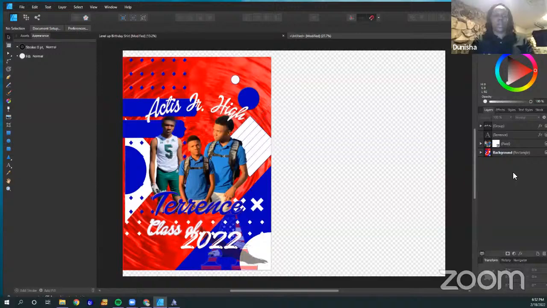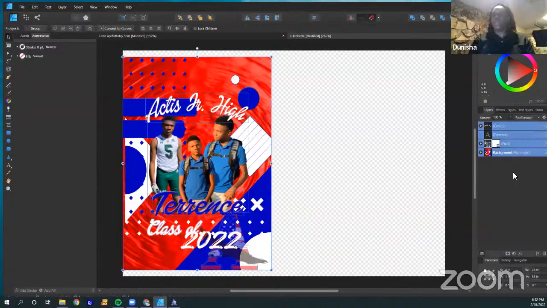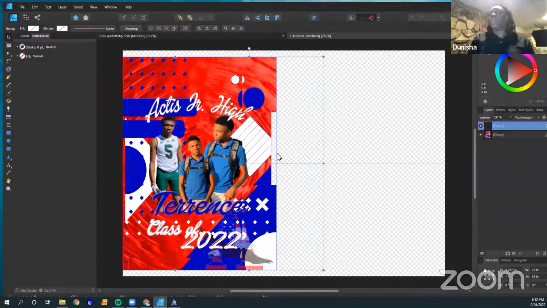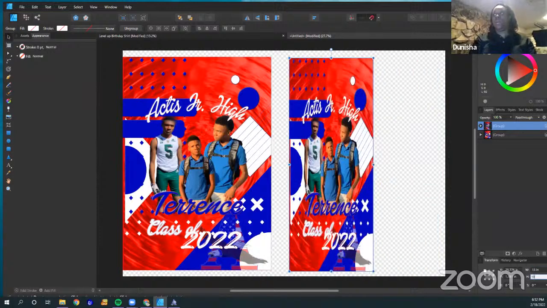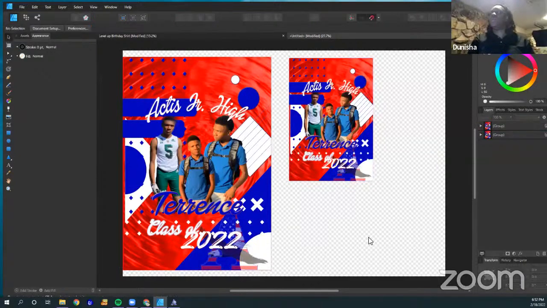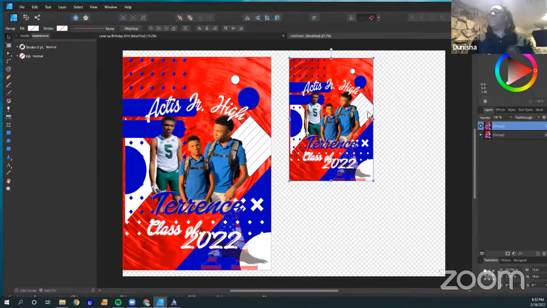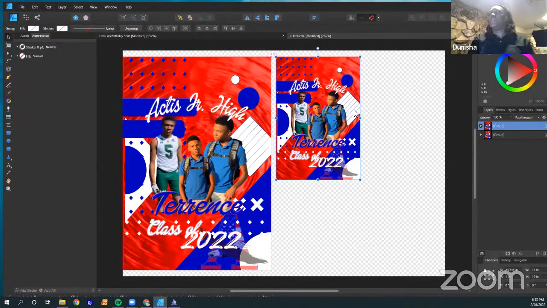So this is my shirt. Let me go ahead and grab all of this and group it together. I'm just gonna make a copy because my flag is going to be the exact same, but I am going to make it, let's see, the flag is 13 by 19-ish. I say ish because I usually do like 18 and a half because I normally print it out 13 by 19 with Sammy, but I'm just making it a little bit bigger because I have the space.